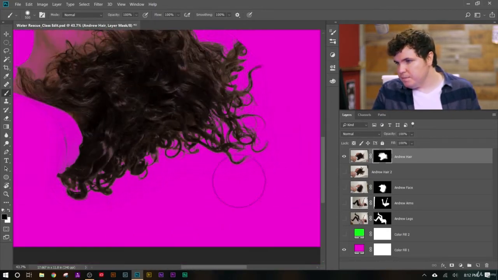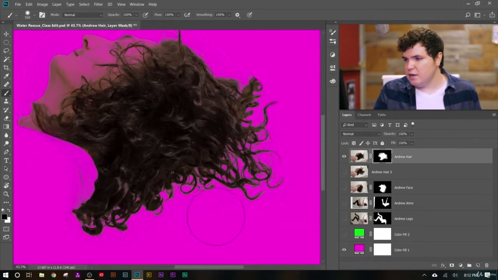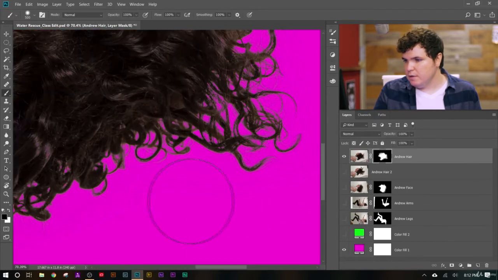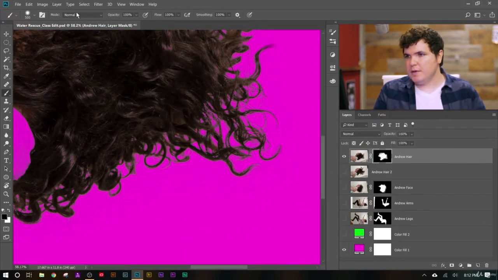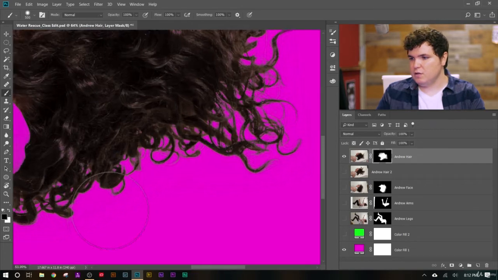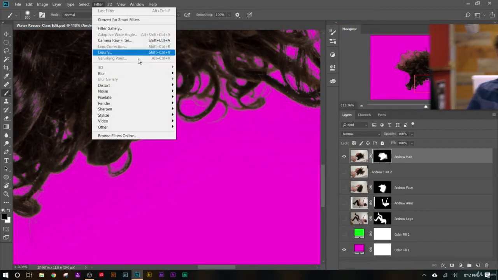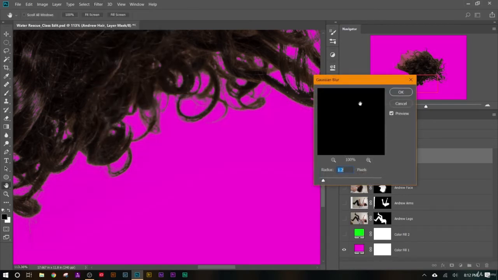be using this on. So instead of using the blur tool on this, let's just add a blur filter. We'll do that by going to Filter. Remember for this, by the way, have your layer mask selected, not your layer, because then you'll be adding the filter to your layer and you don't want that. You want it just to the mask. So let's go in here so we can get a pretty good view of it. Select Filter, Blur, Gaussian Blur, and then